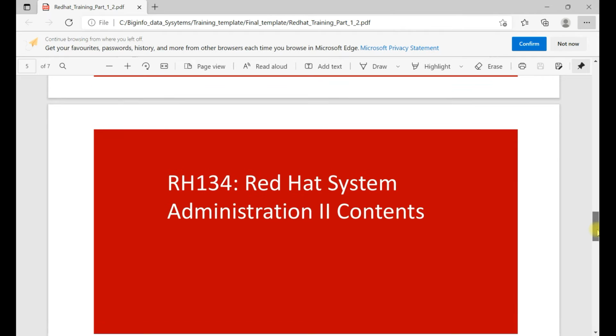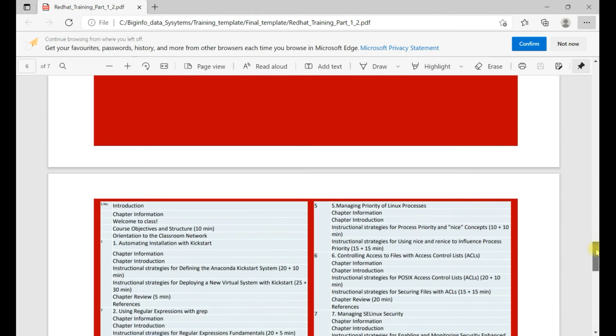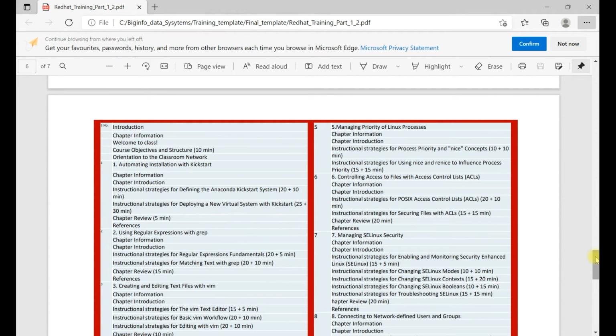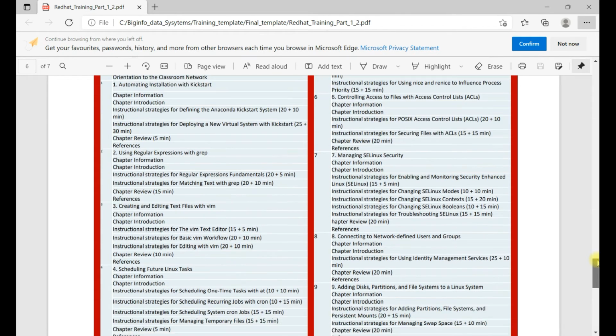Now let's move to the other one, and that's a very detailed one, that is Red Hat System Administration 2 contents, called RH134. If you guys are very interested in making the Unix operating system part of your career, I would suggest you go through this course as well, because RH124 will give you the basic information, but RH134 is the deep information about the operating system. So by taking this course you will get to know how the operating system really works.